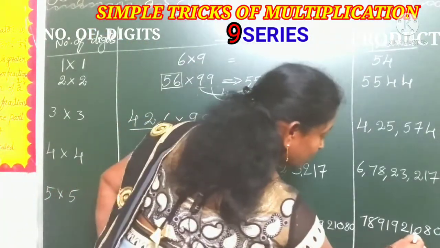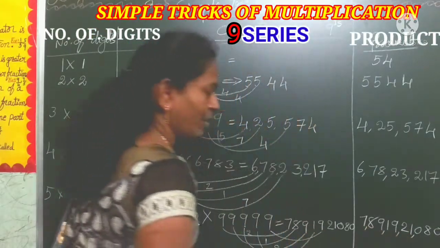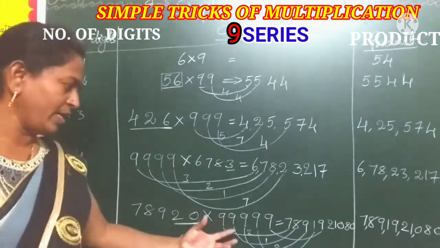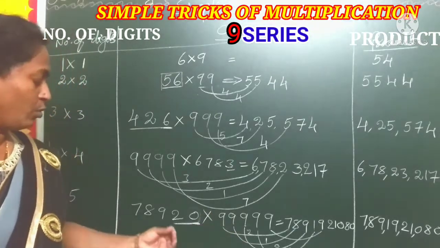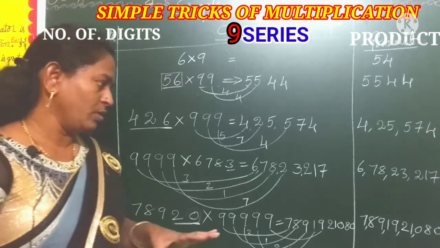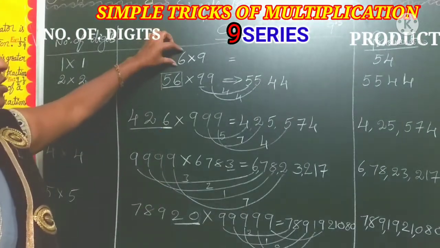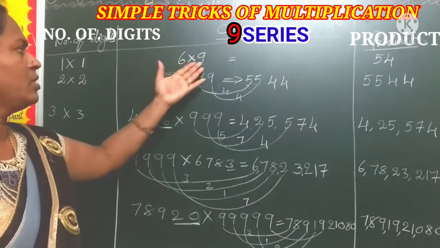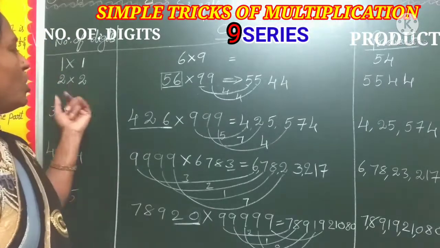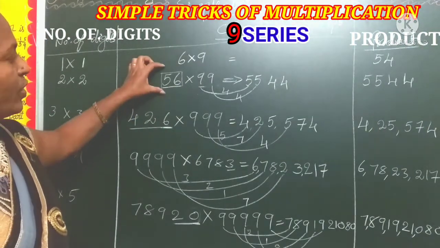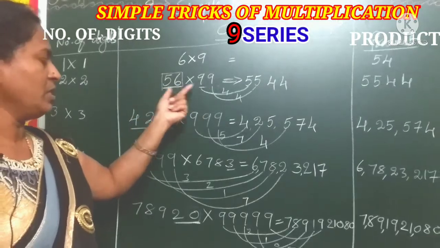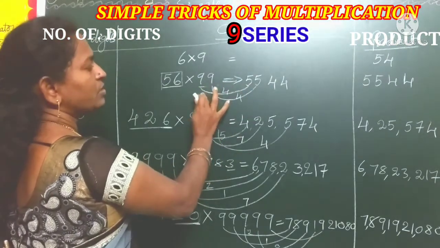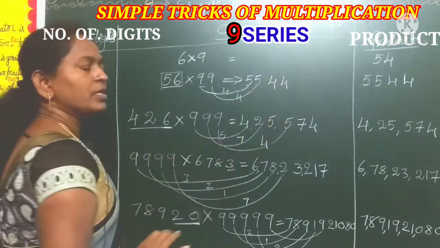See how many digits are there here? Number of digits. See, up to crores, lakhs. Okay. See, this is a 4-digit number, 5-digit number, whatever it may be, you can do within seconds only. Okay. See once again here. First, a 1-digit number into 9 means that you can directly write, 6 nines are 54. And a 2-digit number means what we did here, just subtract 1, means 55. Later just the difference of the leftmost places, 4 and 4. So that is the answer, simple.